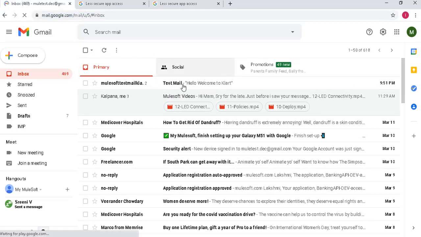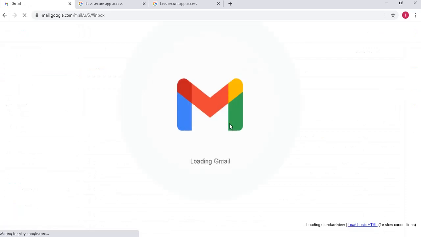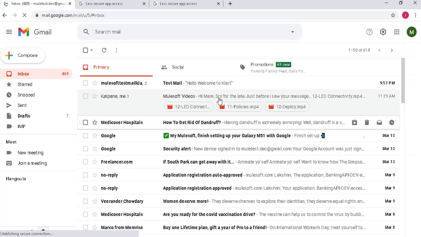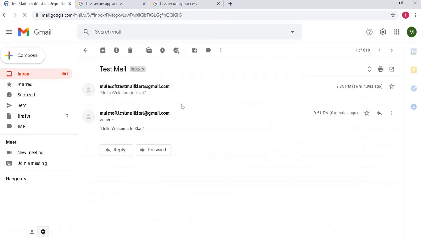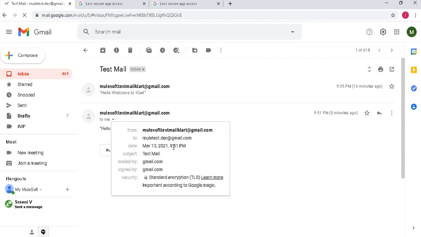See here, you received a mail. Earlier I tested it one time, so this is the second time, so I got two emails. See, 0 minutes ago, this is the fresh email. See your from account and to account.